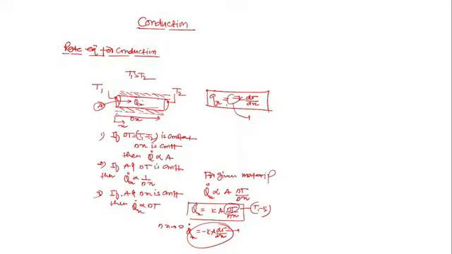From this observation, we found that heat flux or rate of heat transfer is a directional quantity, a vector quantity. And the direction of qx is normal to